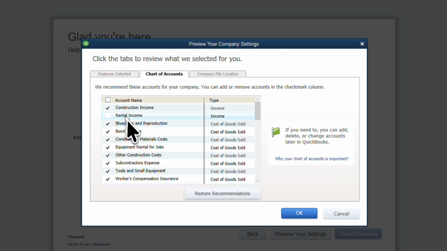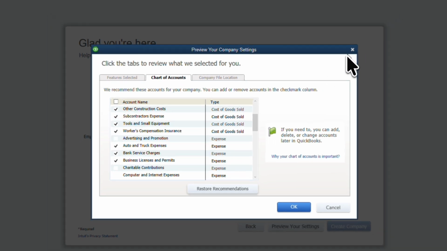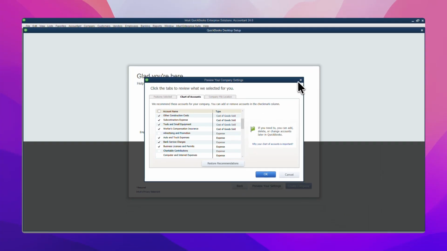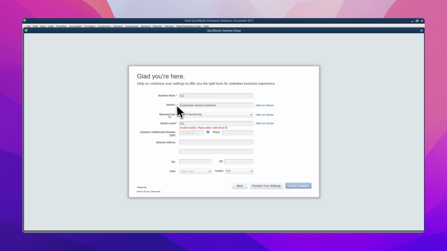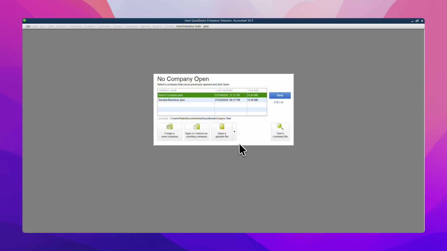This section is one of the most important parts of your setup because it shows the financial categories QuickBooks will use to track your income, expenses, assets, liabilities, and other key transactions. Once you open it, you'll see a chart of accounts related to the construction industry, already prepared and ready for use. This can include the kinds of account structures commonly needed for construction work, making it easier to begin organizing